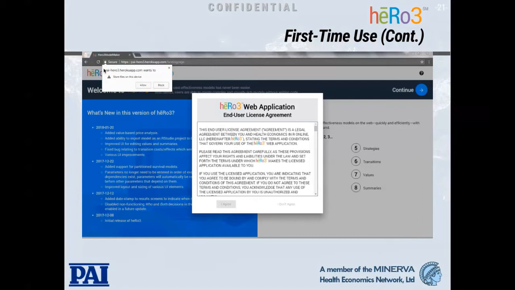We understand this is a minor inconvenience, but we just want to make sure that you have a working user experience. And so with that said, when you first load the application, what the browser is going to do in the top left here is ask you for permission to store files on your computer. And you will need to hit allow on that dialog. Because if you hit block, then the rest of the model functionality is not going to work. You're not going to be able to save any models. So please hit allow. And you're also going to be shown an end-user license agreement screen, and all you need to do is go through this and hit I agree, and then you will be allowed to use the platform.